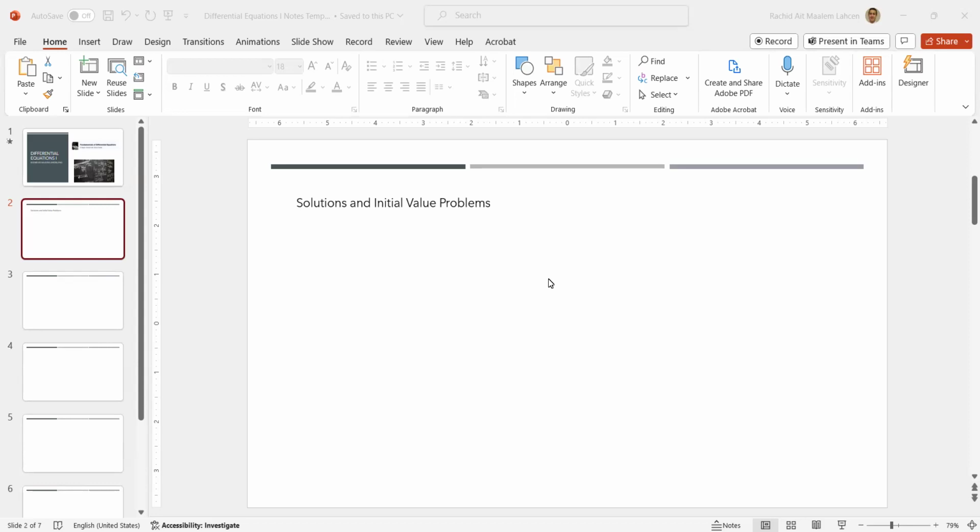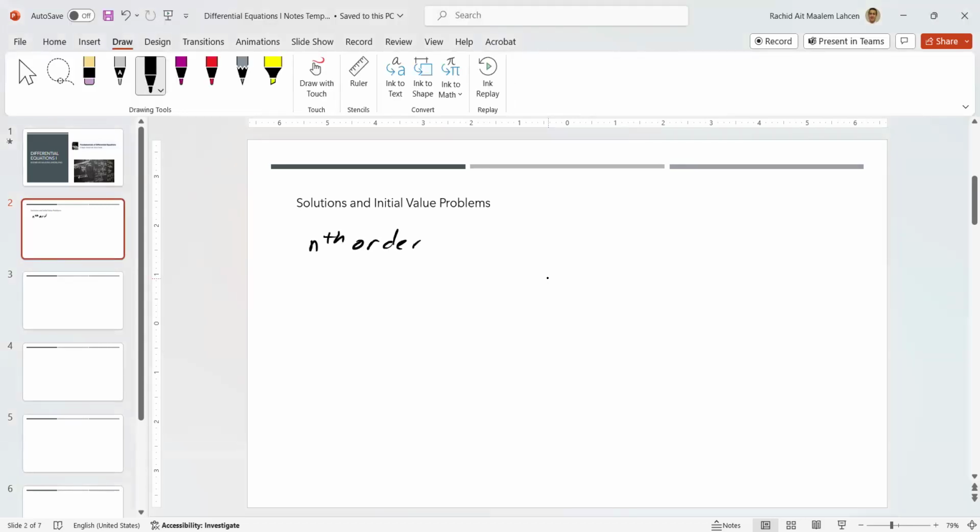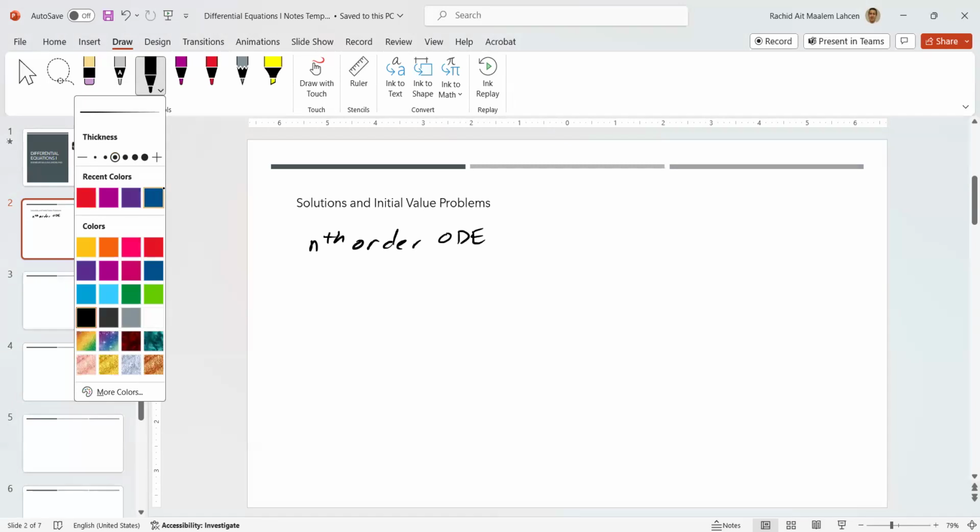So if you have an nth order ODE, then usually it is relating the independent variable to the nth derivative, and usually the lower order derivatives are involved in it as well. Let me give you an example using a second order one, so we make sure we don't confuse the order